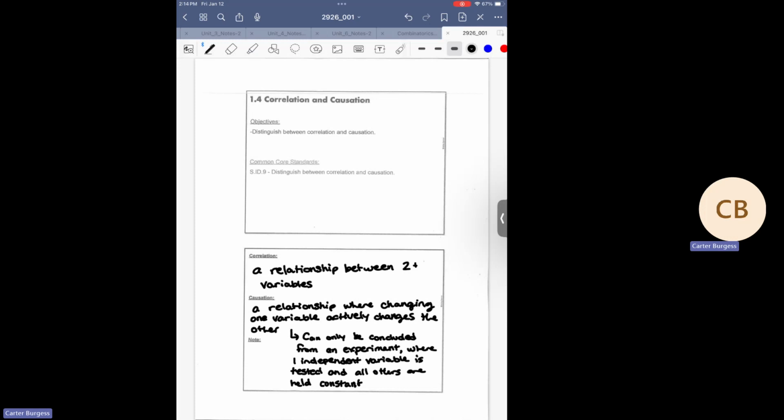All right. The good news for us, again, is super straightforward. We are looking for a buzzword, and that buzzword is experiment or study. You could also have a description of an experiment. So if you are given a scenario where we see a description of what is going on between two variables, where all of our variables are being held constant except for two, then what we have is a described experiment. But generally speaking, if the question is just, is it causation or is it just correlation, you are just scanning for the word either experiment or study. And that's pretty much what this boils down to.